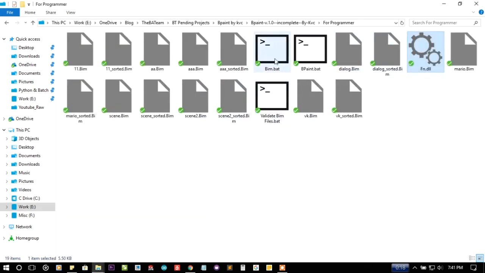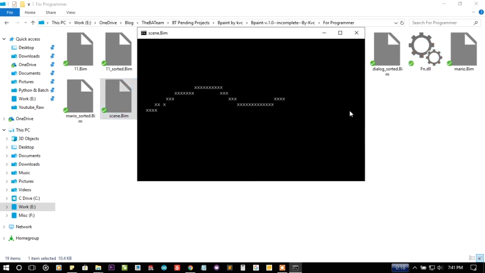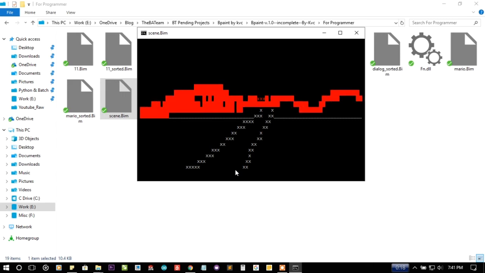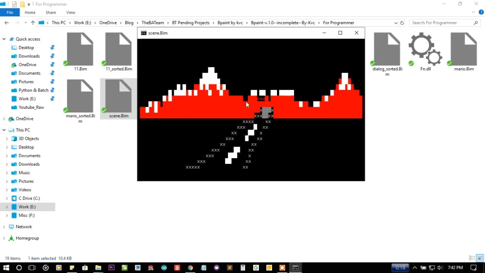So now just open any files. Let me open the scene.bim. As you can see, now the batch images are validated, and you can see a little demo of my painting skill. Don't take it wrong, but I have better painting skills than this. Just because of this batch image